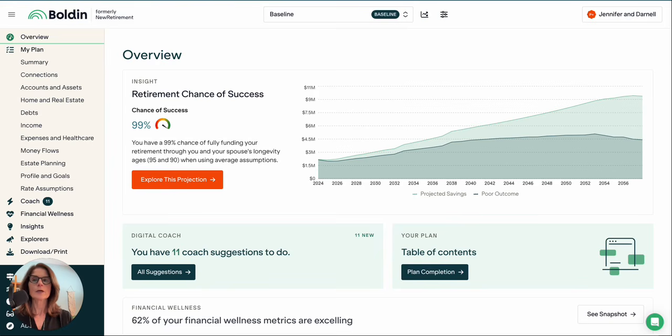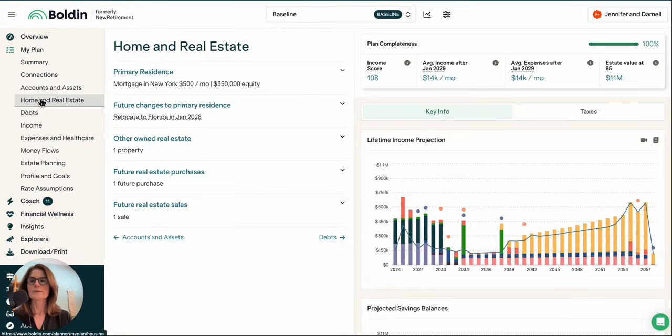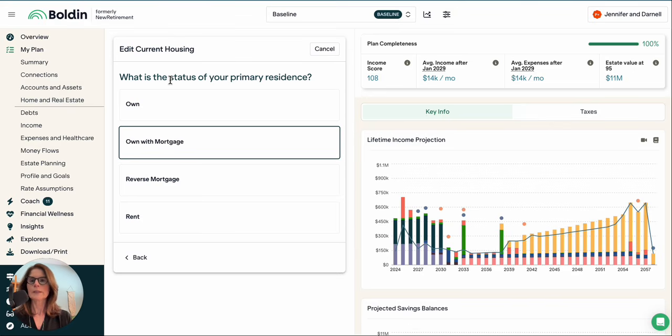In today's video, I'll discuss the home, real estate, and debt sections of the Boldin Planner. Let's navigate to My Plan, Home and Real Estate. We'll begin with accounting for the primary residence. You have the ability to model owning a home with or without a mortgage, renting, or having a reverse mortgage